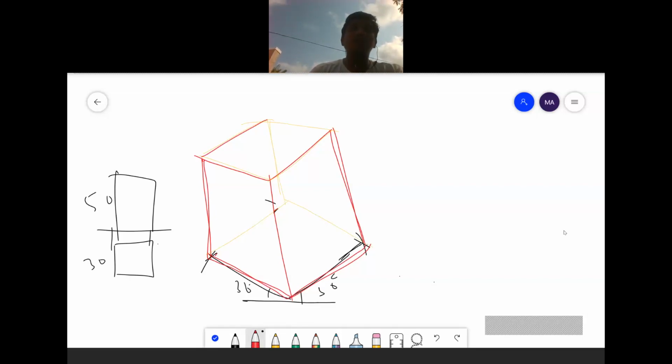These are all visible parts. The yellow lines which I have drawn are invisible parts, those are hidden parts or hidden lines. They will be indicated with a dotted line. You have to draw with a light pencil dotted line. This one will be the isometric projection of a square prism.